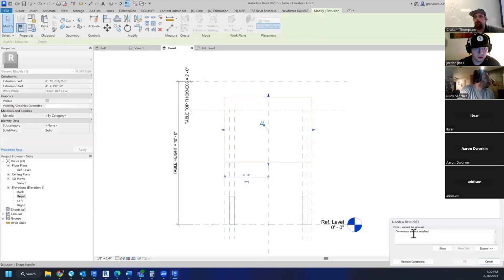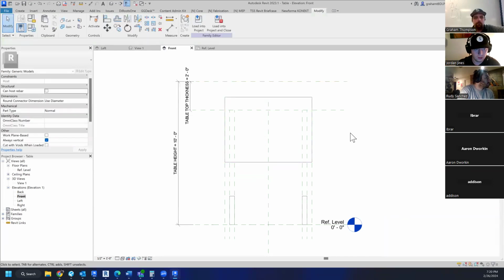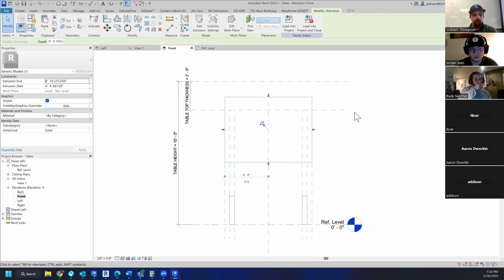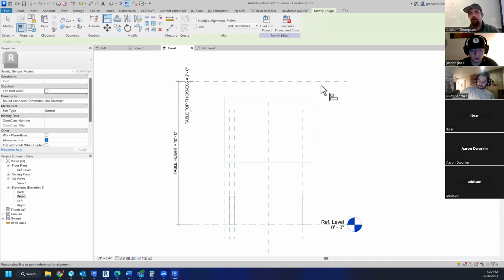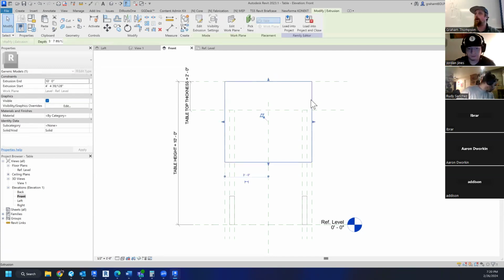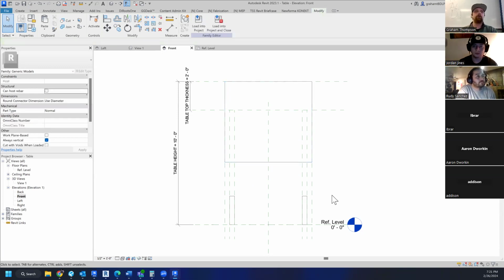So here, I'm going to do this. I'm going to click remove constraints. So yours looks like this now. Again, it looked like this earlier, but it wasn't locked. So we pulled this down. There was nothing saying, hey, this is locked to this line. I'm now going to use my align tool again to click the top line, click the top of the extrusion, and then click that lock. All right. Thank you. Sorry about that. Yep, absolutely. No, thank you for asking now instead of 4 steps from now when we're working on legs, you know? Okay, so